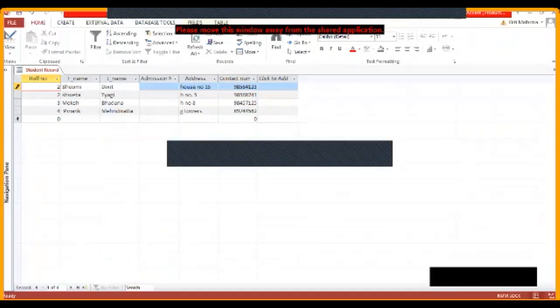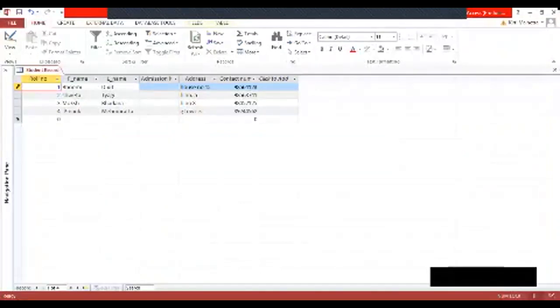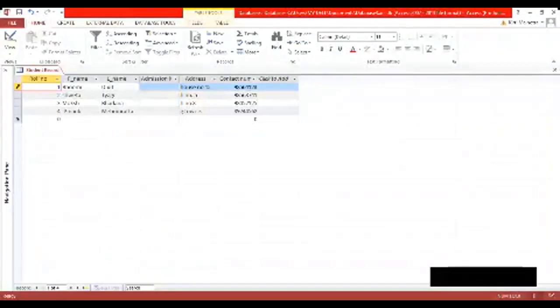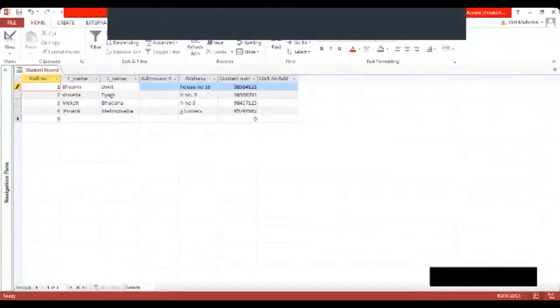Sorting can be done when I add the data, like I have added it as 2, 3, 4 in increasing or decreasing order. So I can see now it is in increasing order.